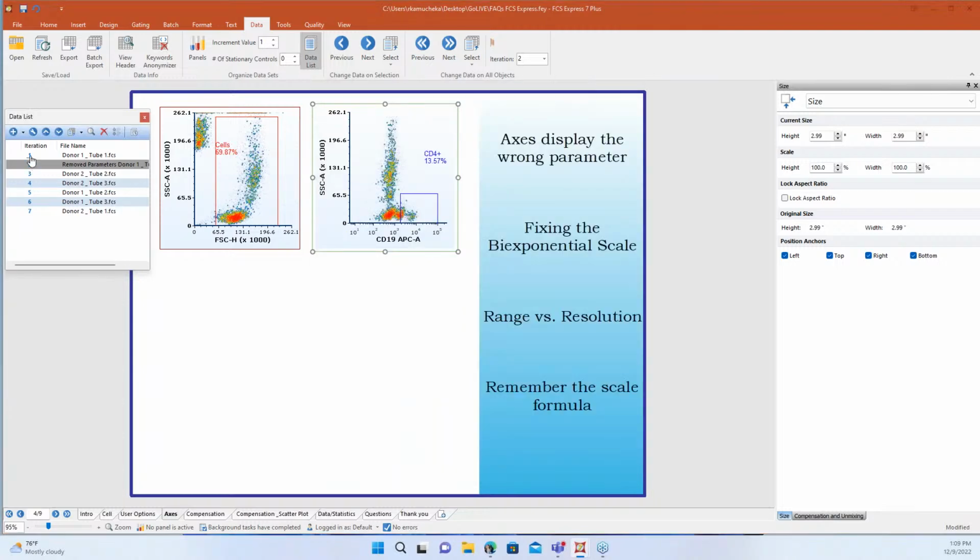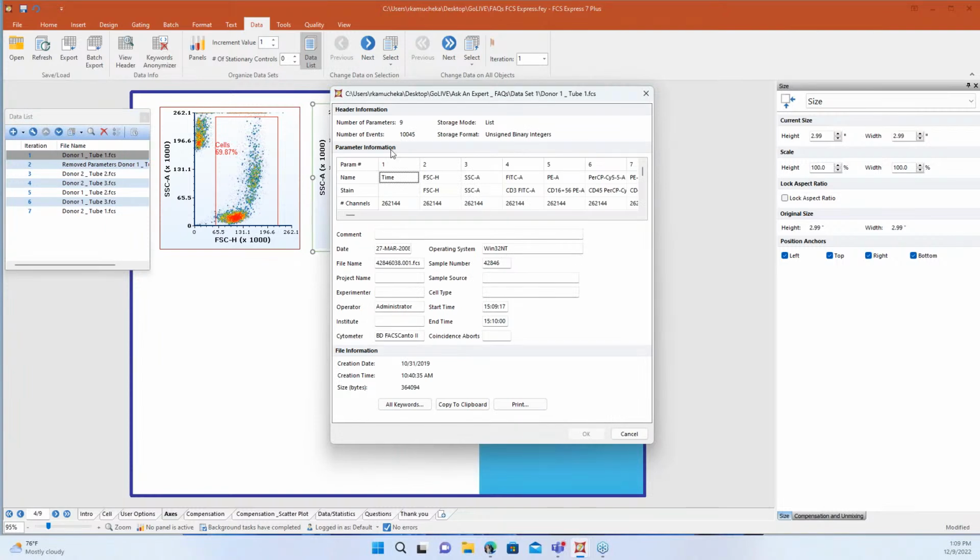If I move back to that other data file and do view header, I'm going to see this one has 9 parameters. Sometimes when you take out a parameter or add new ones, it's not really sensical. It doesn't just go at the end so that it would be a nice transition. The instrument decides how that goes. Sometimes when you add a new parameter, it's going to go in number 6 or number 3, so everything downstream gets shifted. It's really up to the instrument how it handles parameters. This is a big thing that we see a lot.